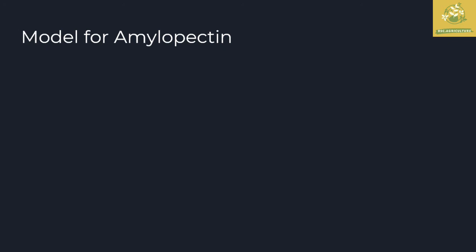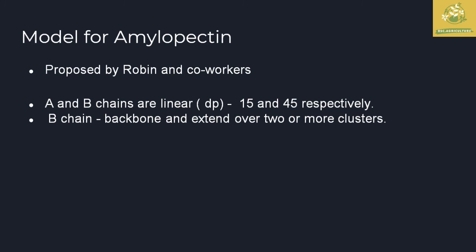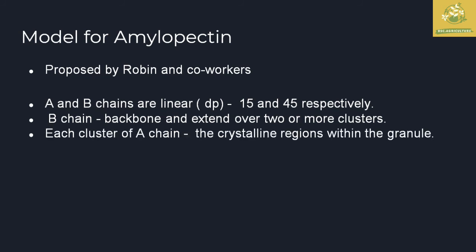Now seeing the model of amylopectin, which was proposed by Robin and co-workers, the A and B chains are linear with the DP, the degree of polymerization. I have already explained that. They are 15 to 45 respectively, and the B chain, which is a backbone, extends over 2 or more clusters in the structure of amylopectin. Each cluster of A chain has a crystalline region which is found within the granules,